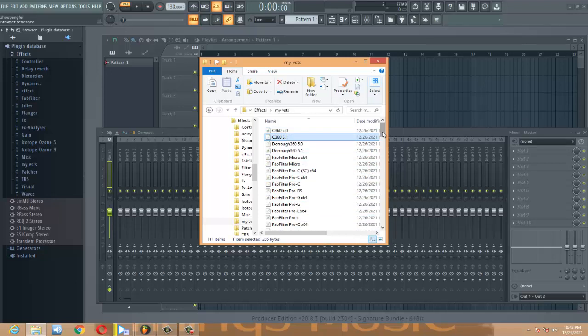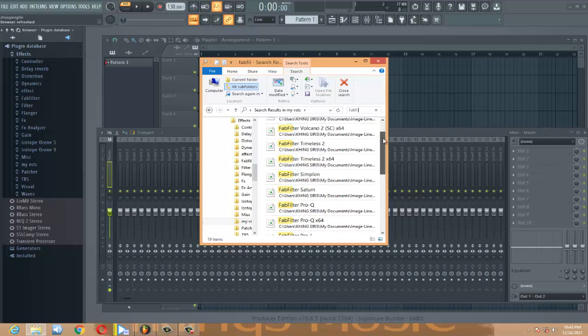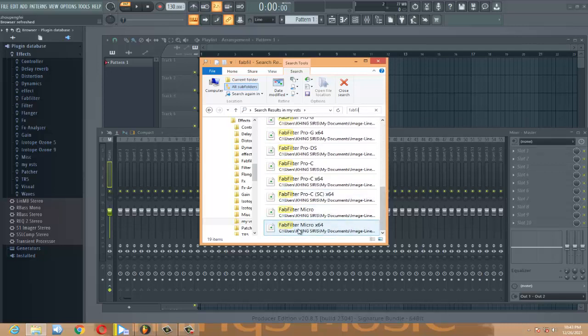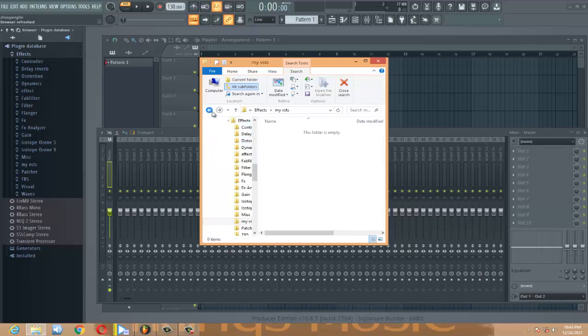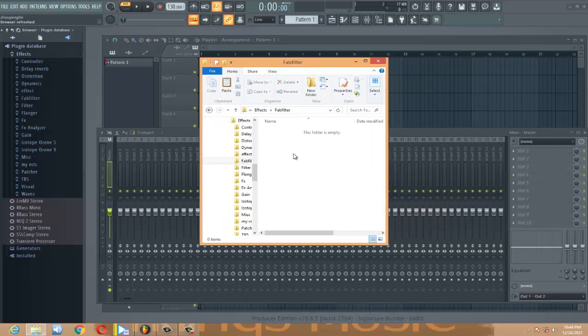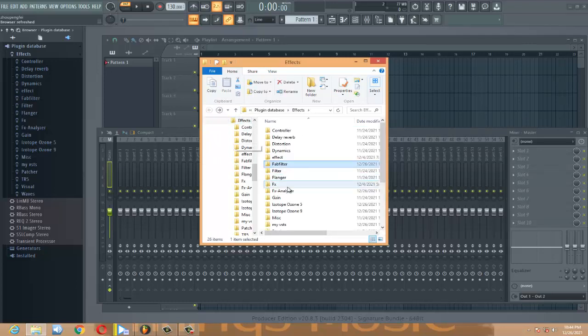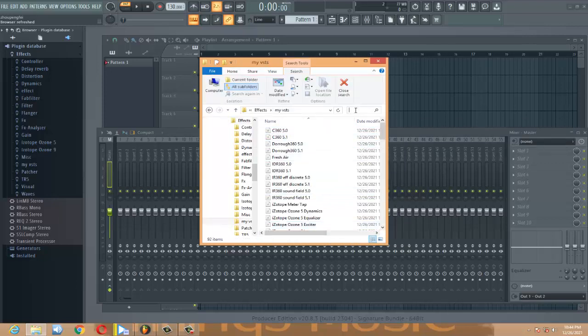together with this. So for us not to waste time on organizing this, I'll just move ahead with the FabFilter, so that after I'm done, then I will be left with those 5 point something and the rest. So FabFilter, so all these are all FabFilter. So Control A, then Control X, I just cut everything from there, then my FabFilter folder which I created myself, so Control V to paste. Okay,